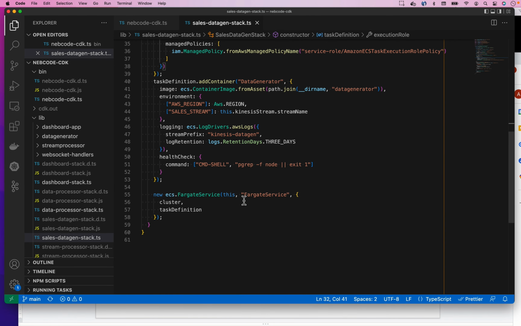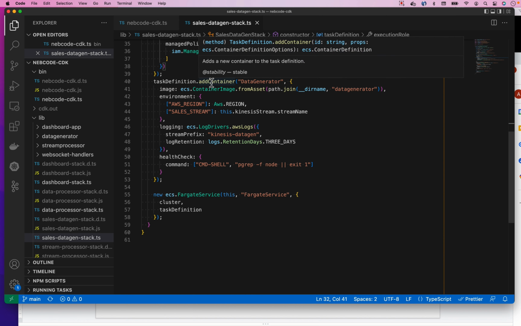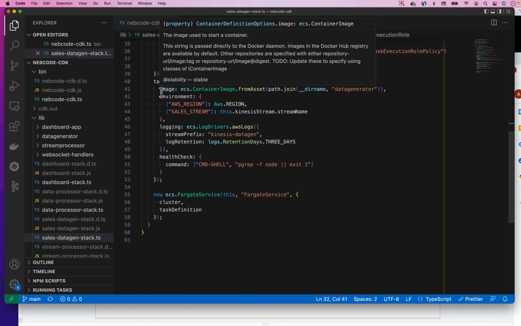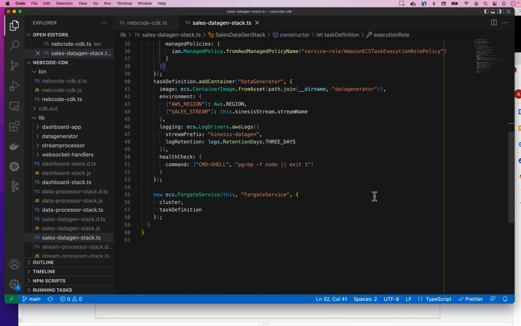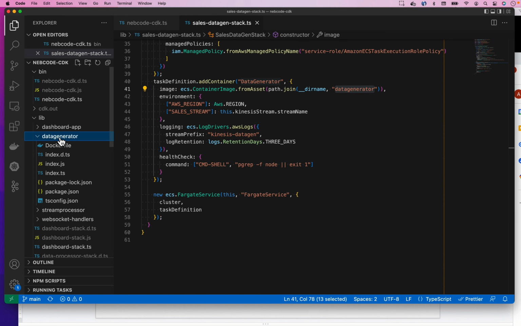Next, I add a container to my task definition with the handy add container method. So this adds a container based off of a Docker image declaration file within the path described here. So if I go to the dir name of lib that we're inside, and then I say to look in the data generator stack, if I open that, I can see I now have a Docker file that will define